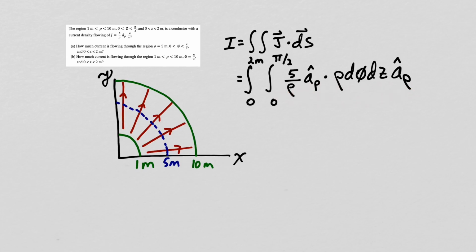The surface over which we are integrating always has a rho value of 5. So we could substitute 5 for rho here and here. But also notice that it doesn't matter what value we put in rho, because we have a rho in the denominator and a numerator, so they will cancel. And our current density is in amps per meter squared, and our differential surface is a meter times a meter, or meter squared, so the result of this integration will be a current, amps.